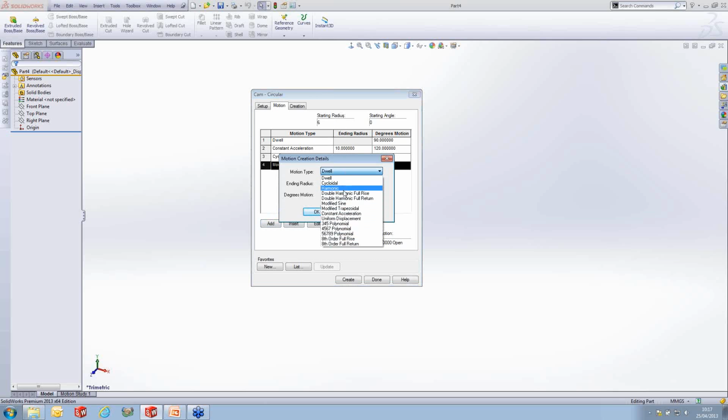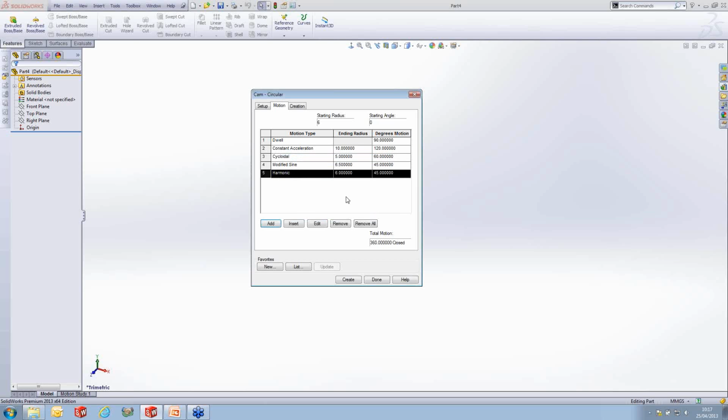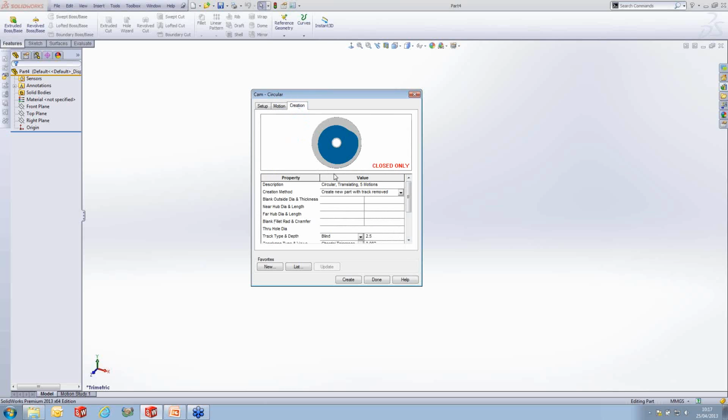So we'll put in that last little figure. I'll put in a harmonic, and I'm going to go around to 6 for the ending radius, and again at 45 degrees, and that takes us to 360 degrees closed loop because we started at the same figure we ended at, okay, on a circular item. That's obviously very important. Then we end up on the creation tab, and the creation tab is actually where we